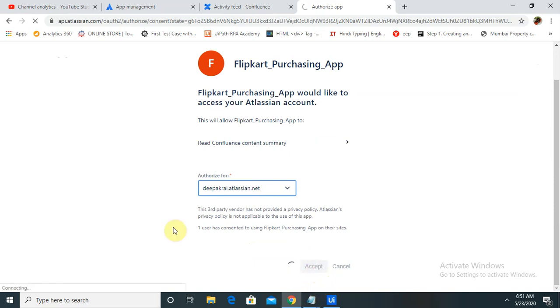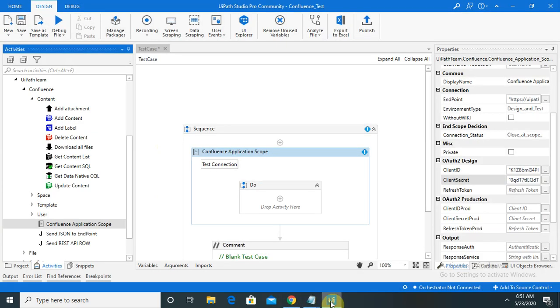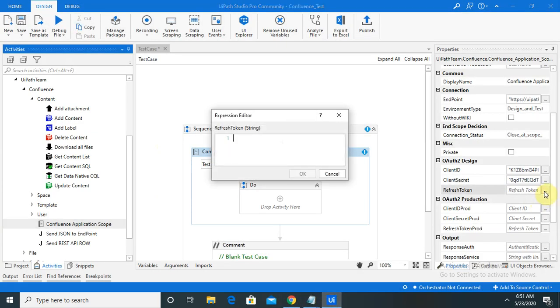After clicking on accept, you will see the refresh token is generated for you. Copy that refresh token from here, and paste it into your refresh token block.